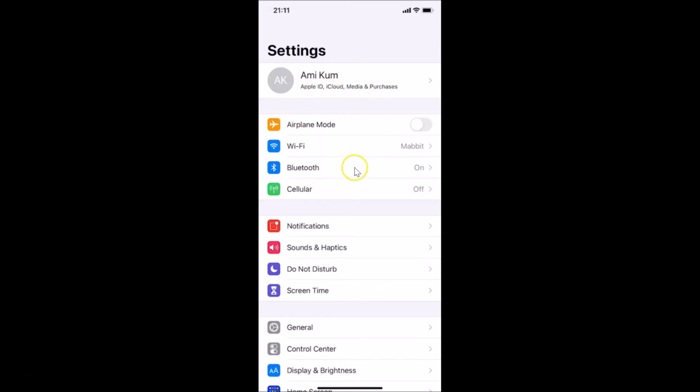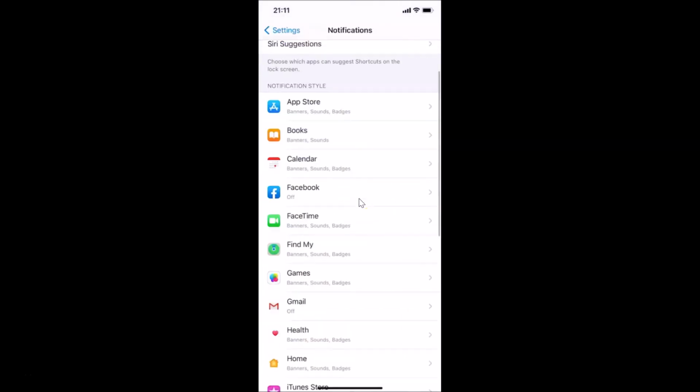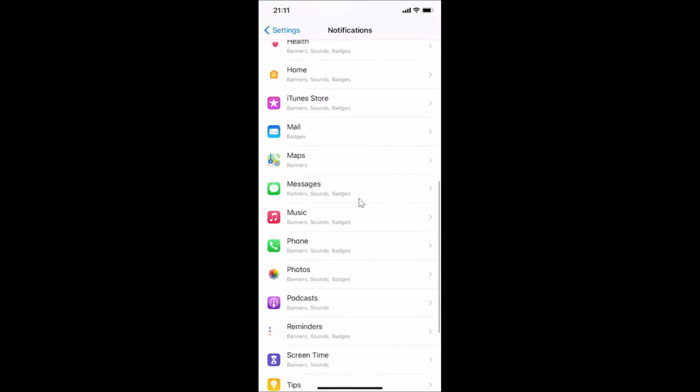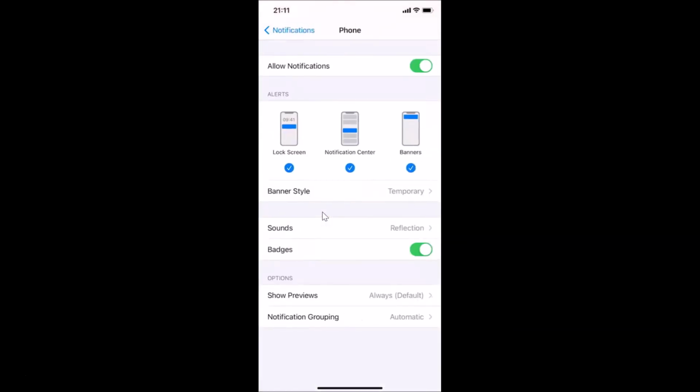you have to open your settings app, and after that you have to tap on this notifications. Okay, so let me tap on this, and after that guys you have to scroll down and find the phone over here. So here I have this phone, so you have to tap on this to open it. So let me tap on this and it's opened, and you can see guys here I have this allow notifications,